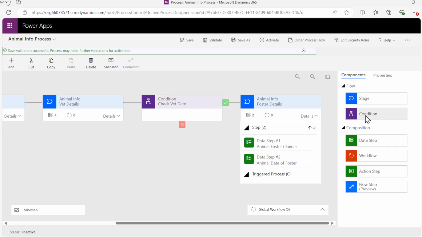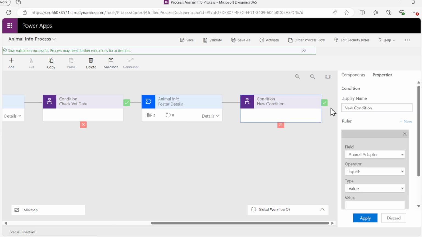Let's move on to the next thing we're gonna check. So we've checked the first one. We said if the vet date is not empty, animal foster. The next thing we're gonna check is, I'm gonna rename this check foster date. Check foster date. And for the foster date, since we already put the foster date in the last stage, now